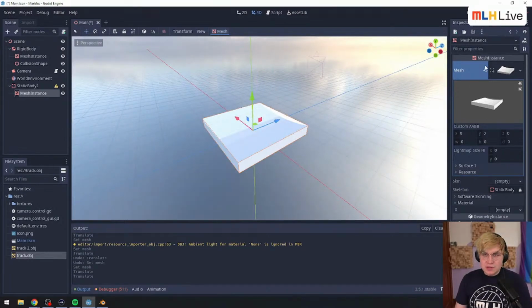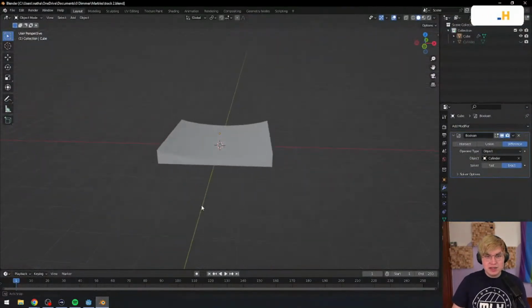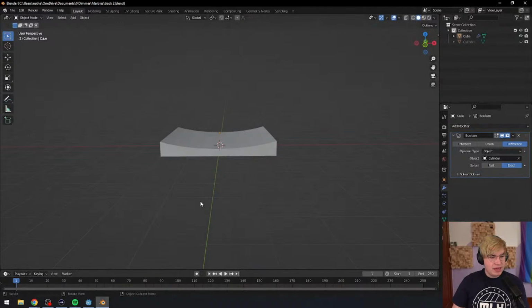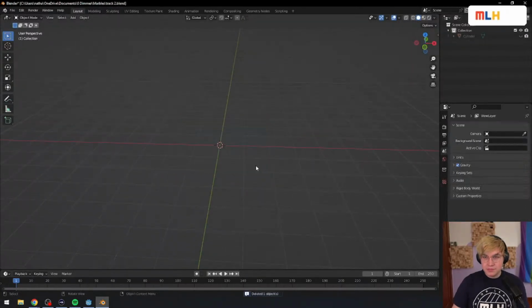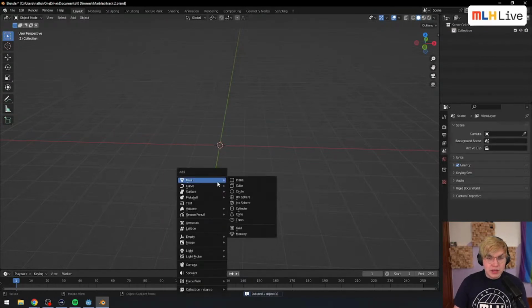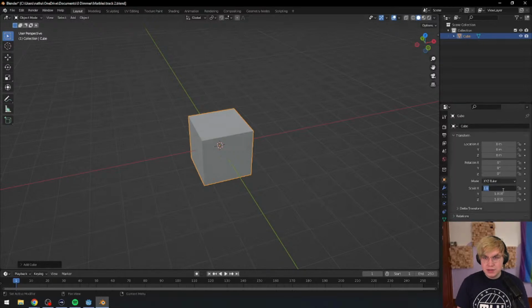Now with that knowledge, and also with the vast amount of Googling we did last time and not being able to find a solution, let us just rethink how we're making this track. Because if this isn't working, let's just get rid of it. What other meshes do we have? What if we were to just have, okay, I have an idea. If we take this,